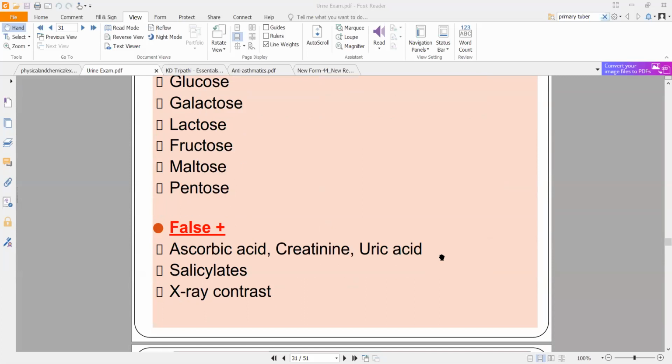तुम लोगों को एक बार बोला था शायद ना? What's false positive? False positive is basically a positive result, but it is not because of what you're looking for. ठीक है, यहाँ पर reaction मिल रहा ना. Let's suppose you get a green color or yellow color. Generally you will think that it is because of glucose, but here it is because of a different thing. It can be because of ascorbic acid, vitamin C, or it can be due to creatine, uric acid, salicylates. Salicylates are drugs. Okay, your aspirin is a salicylate.